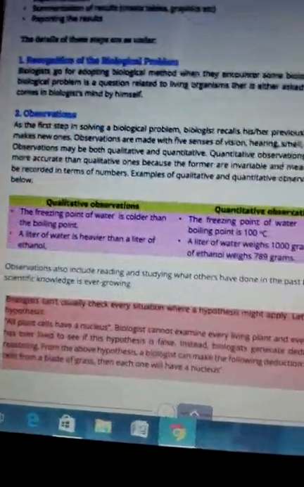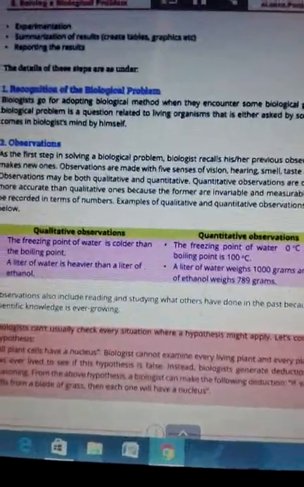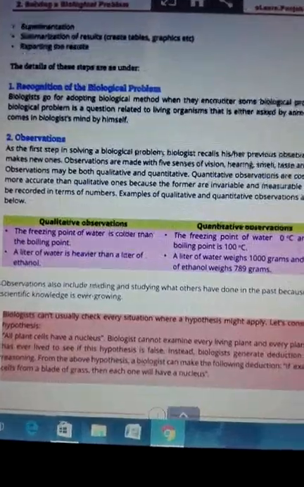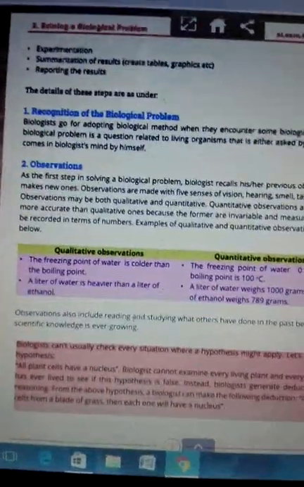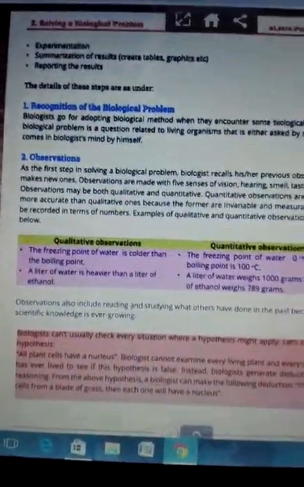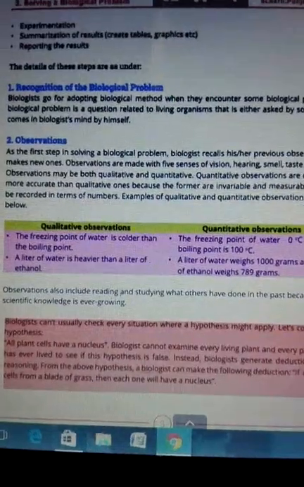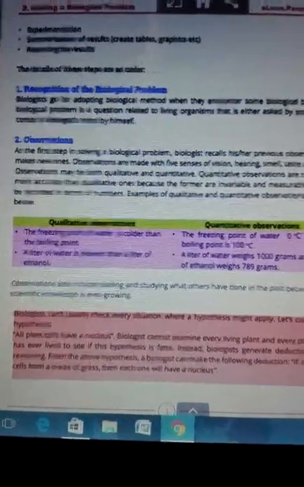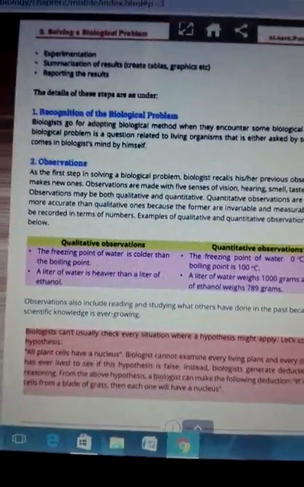These were the first two steps which I have explained to you in detail, and we'll go for the next step in the next lecture. Wait for my class and just revise this whole topic. Learn in the correct order the complete names of the steps involved in solving a biological problem, guys. Thank you.